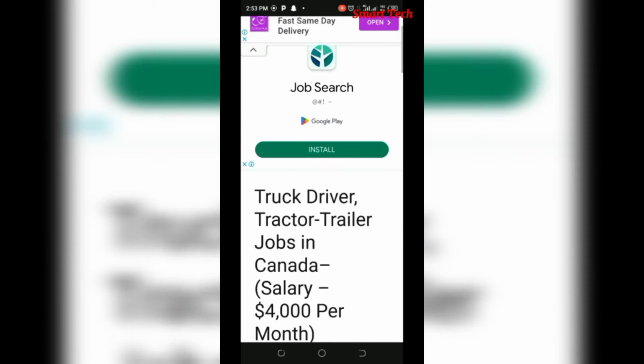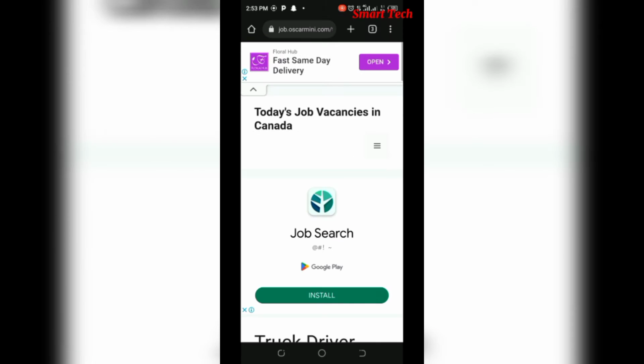So we should look for another AdSense now. We can click this AdSense that is on the top. This opens. It is another AdSense, as you can see. Now